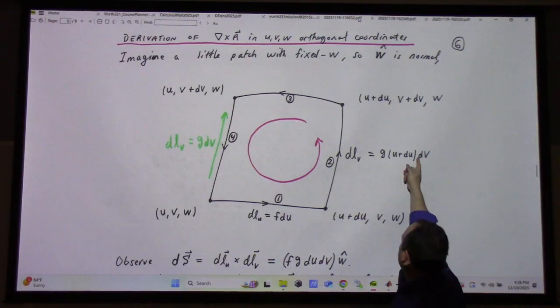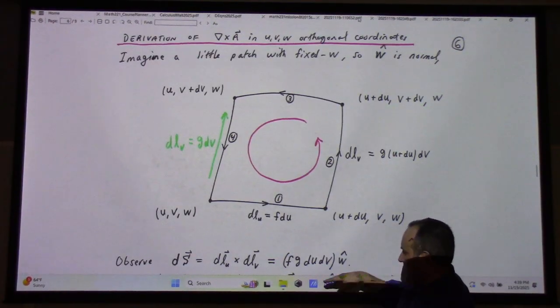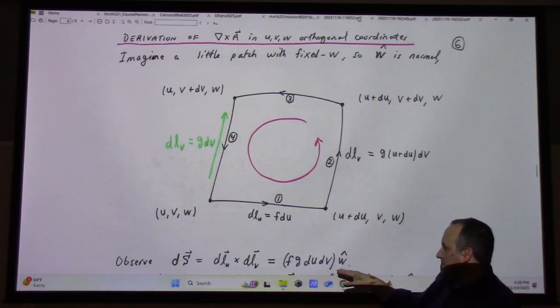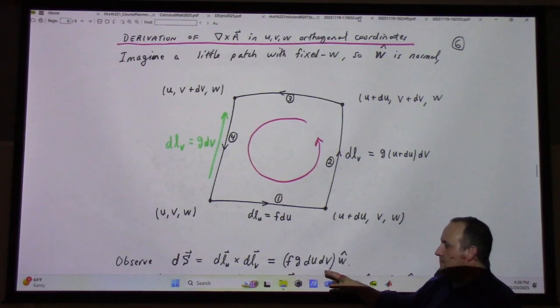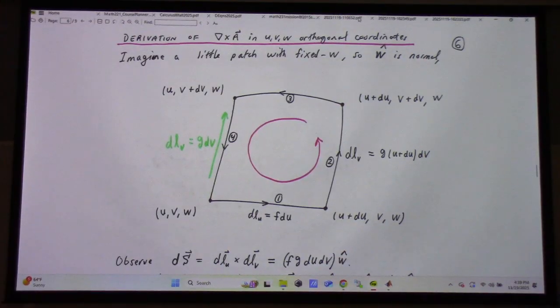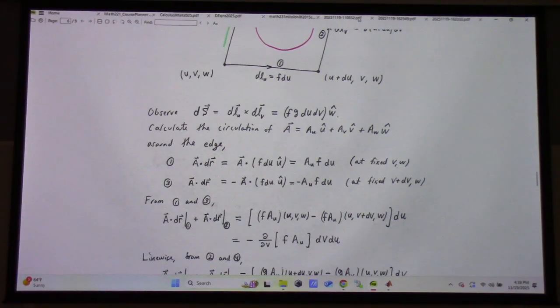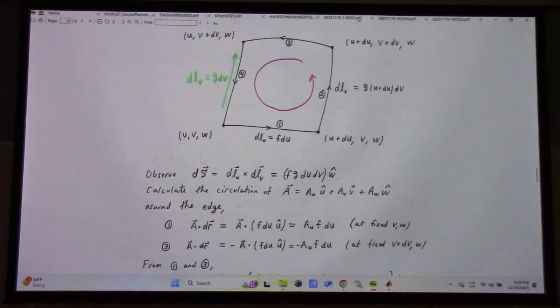Distance along here would be g times dv, where g is the scale factor for v. And so the infinitesimal area would be f times g du dv, and we would give it in the w hat direction. And if you calculate the circulation around that little loop, let me zoom out a bit here. You can see that